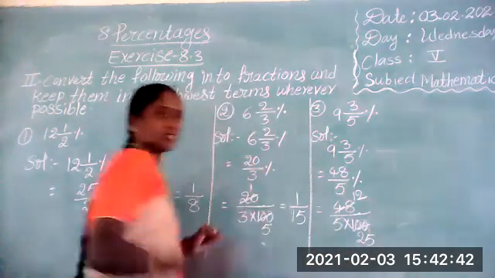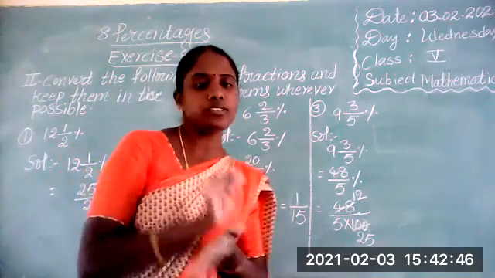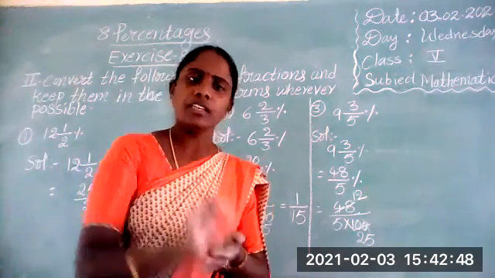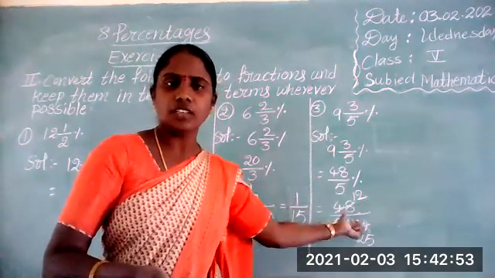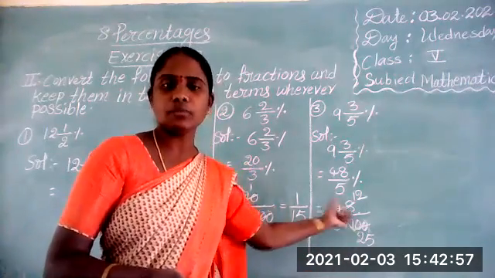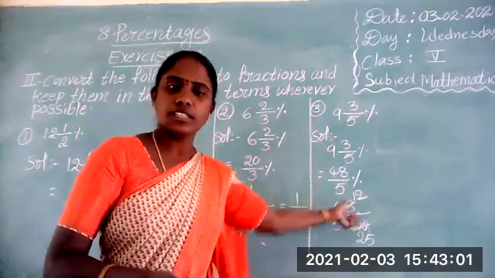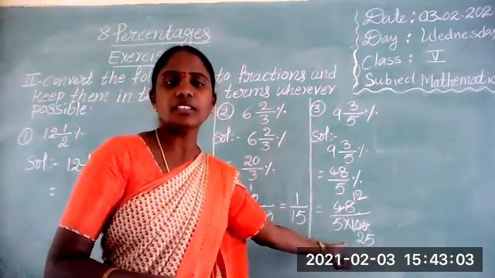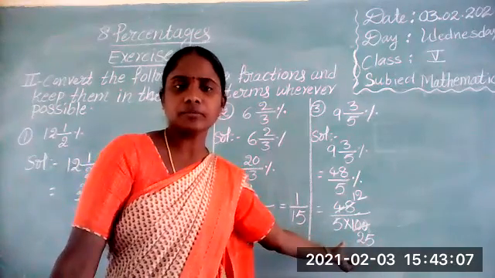Okay, 12 fours are 48. With the 2 table and with the 4 table also it is done. Not only the 2 table, next, with the 4 table also we can simplify. 4 12s are 48. 4 25s are 100. So we can simplify with 4. 4 12s are, yes, 12 by 60. 25 5s are 60. Is it correct?